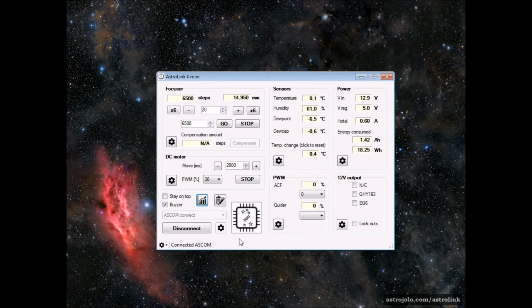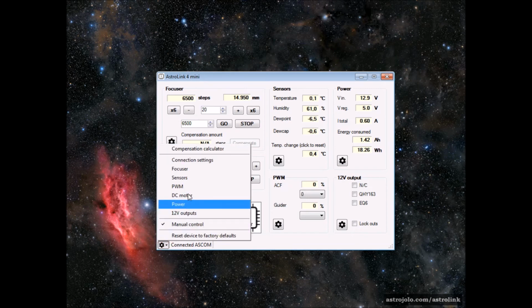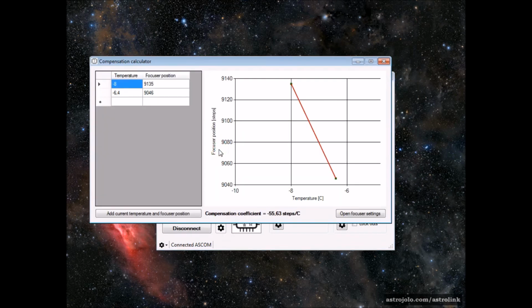So yeah, there's one more thing here. At the bottom left corner there is a small menu button, and here you have access to the settings of all the sections in the panel that I will discuss in the next part. Also there is a manual control option. Once you connect your hand controller to the AstroLink device, you need to select this option to make the hand controller active. At the top there is a compensation calculator to calculate easily the